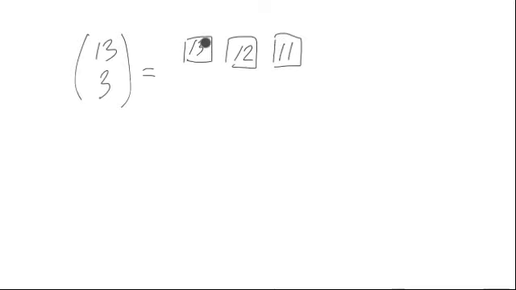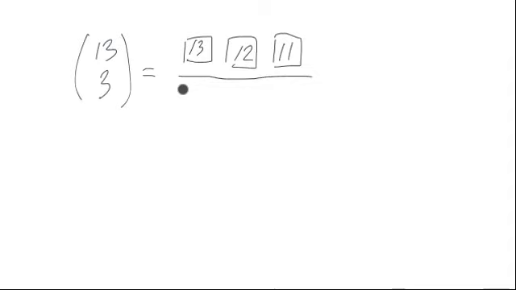the first guy I chose here in this setting could have actually been the last guy, and maybe the last guy could have been the first guy, and that would have been double counted in this particular counting. So basically what I need to do is divide by the number of ways of rearranging 3 things. And then I got precisely the number of ways of choosing 3 things from 13. So we divide by the number of ways of arranging